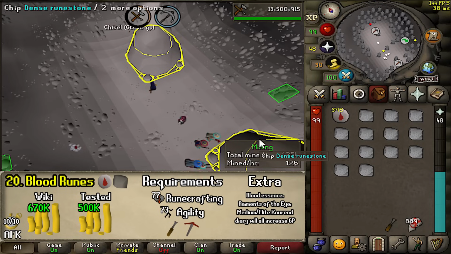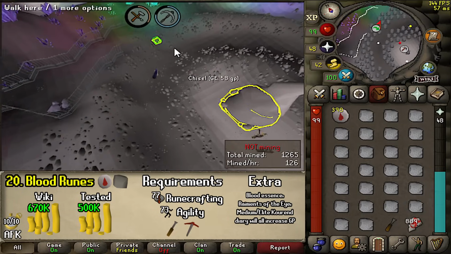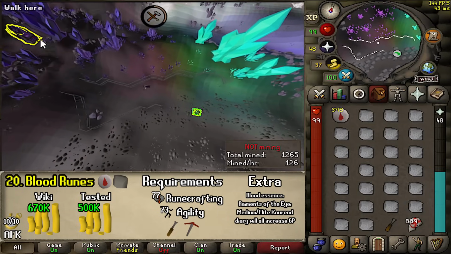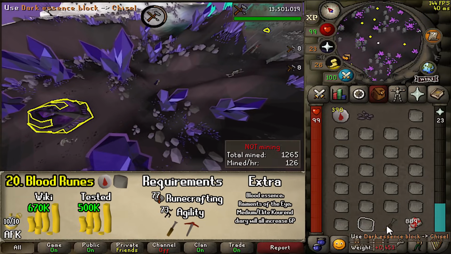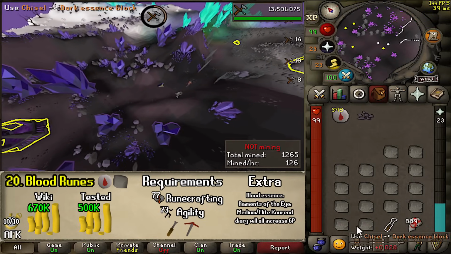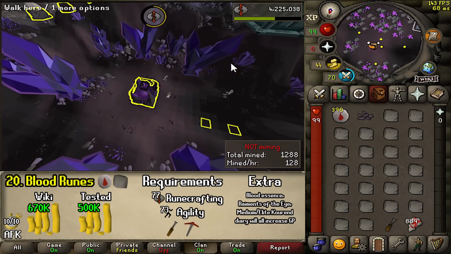All we really do is click on a dense runestone, AFK until our inventory is full or it depletes, in which case we just click the other one. Once the inventory is done, we'll run to the dark altar, turn these into dark essence blocks, and chisel all of it into shards. We can do this manually for speed or let it AFK, which takes a minute or 2. And then we'll mine until we get a second inventory, turn those all into dark essence blocks as well,